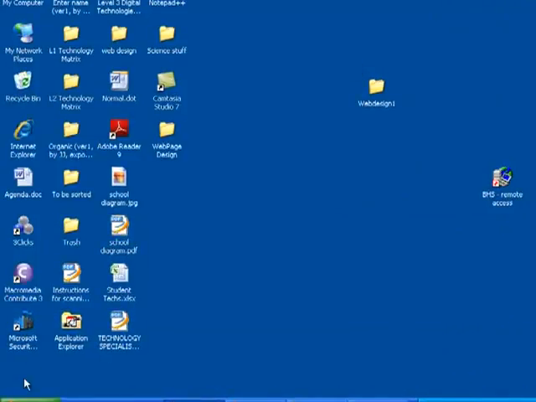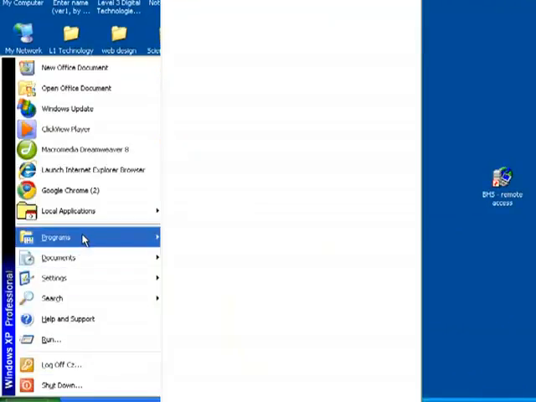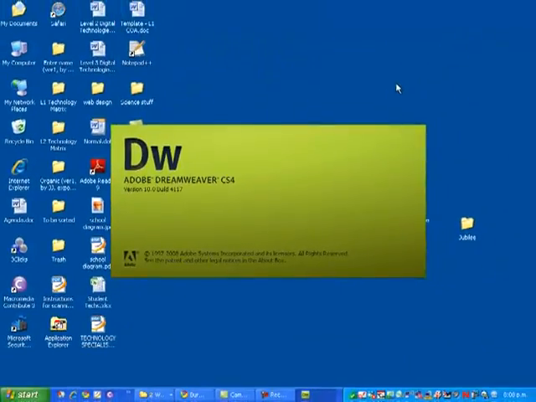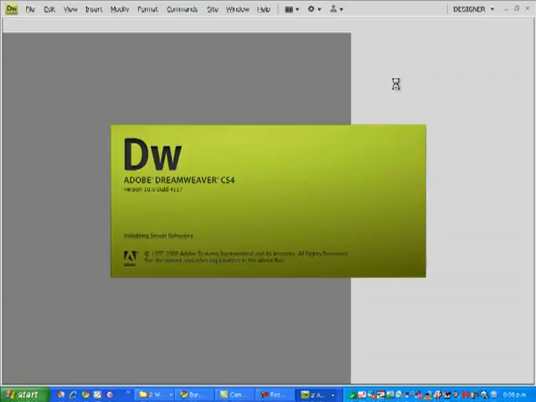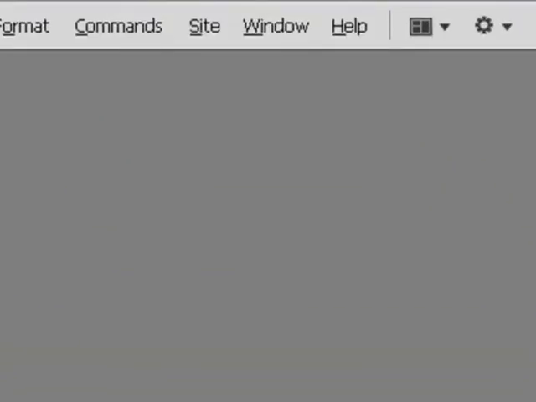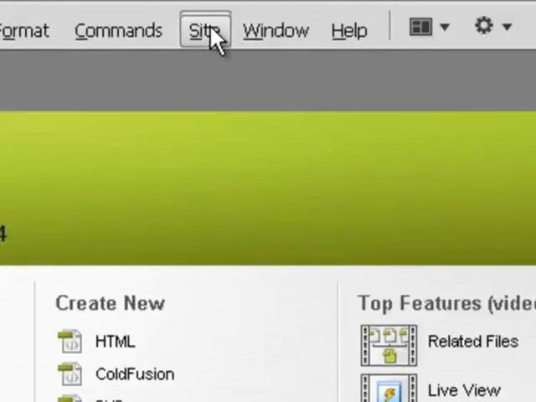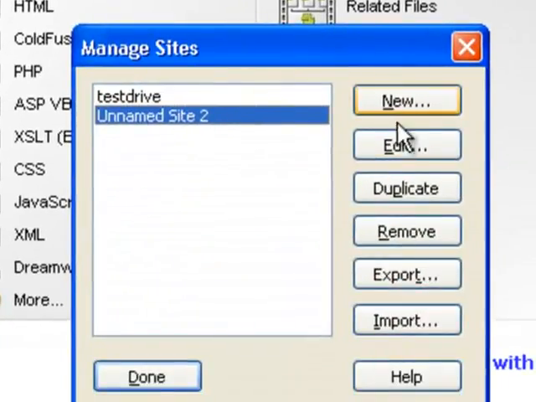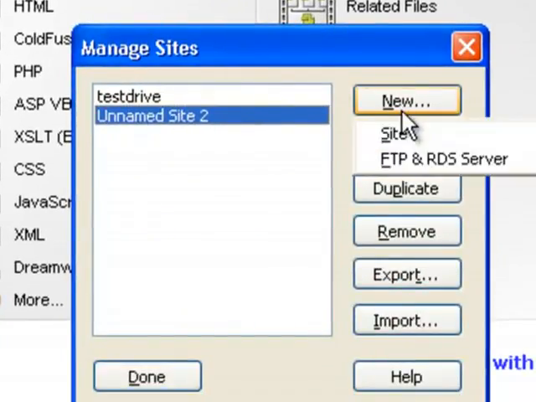So I'll close this folder and I will open up Adobe CS4 Dreamweaver, and if it doesn't pop up immediately asking me to manage my sites, I will go straight to the Site button at the top here and I will click Manage Sites manually. What I want to do is to create a new site,